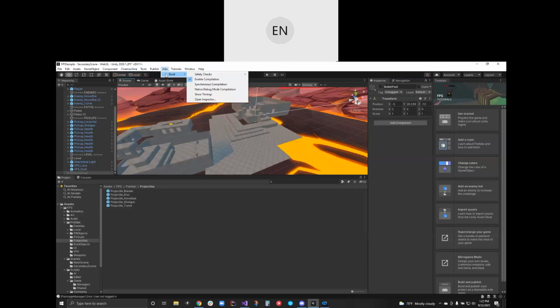Jobs and the Burst compiler is new. You don't need to worry about it. It's how to do more data-oriented programming as opposed to object-oriented programming, more of a multi-threaded scenario, whereas Unreal or most game engines are single-threaded. It's a performance thing. It's a different way to write code. That's outside the scope of this class. Tutorials. So that's what this thing is over here. Before I closed it, I left it open. There's a bunch of interactive tutorials built into this project, and you can do them at your leisure. So I'm going to close that.